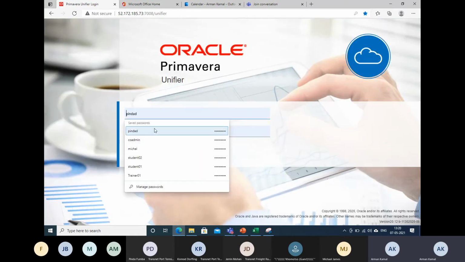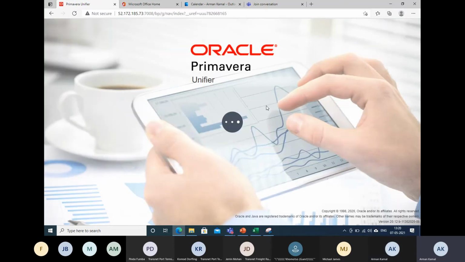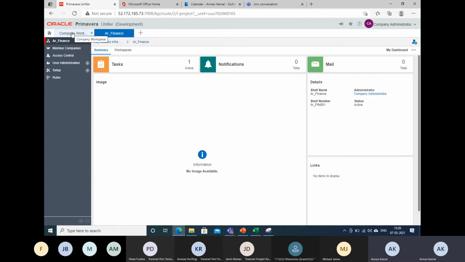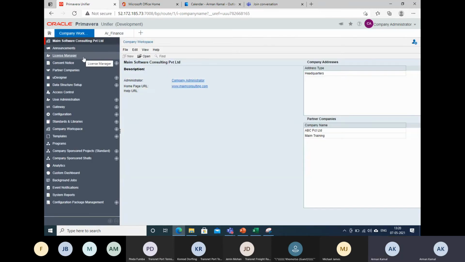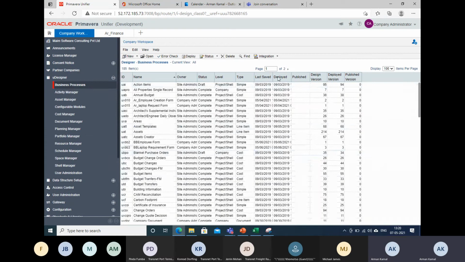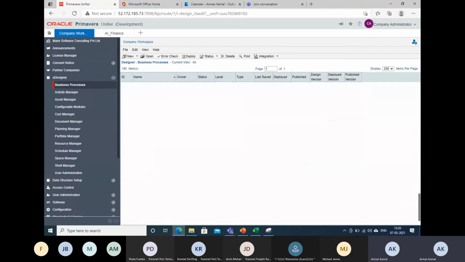I need to go to the company workspace. Okay. So whenever there is an error, she will report that she is not able to see her own record. As an administrator, I will go to the business process and search my stationery form.